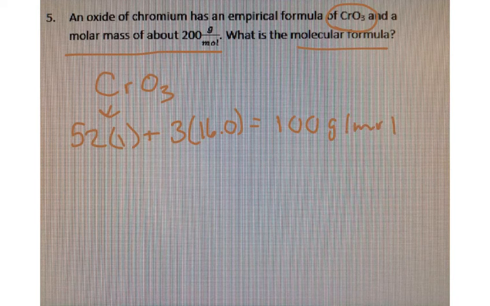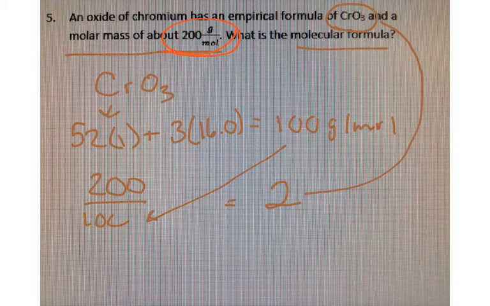All right, the next step is to take your molecular mass, which is this 200 grams, and divide it by your empirical. So I'm going to take 200 divided by 100, because that's my empirical, and I get a multiple of 2, which means that there are 2 of my empiricals in my molecular. So then what I'm going to do is multiply the CrO3 subscripts by 2. So I end up with